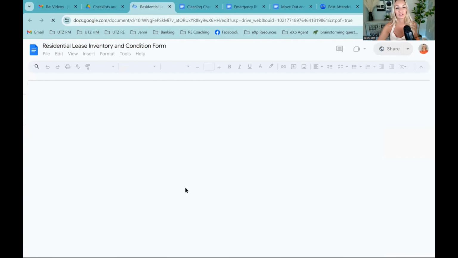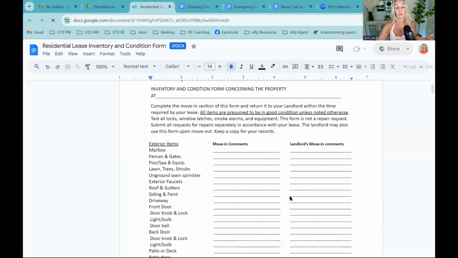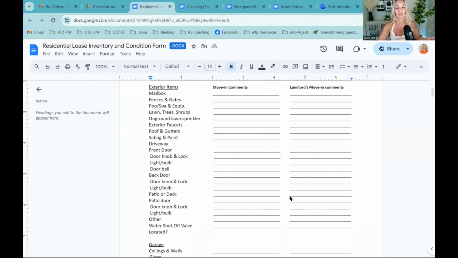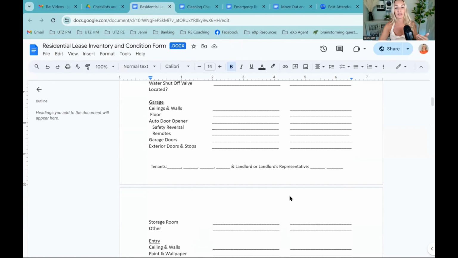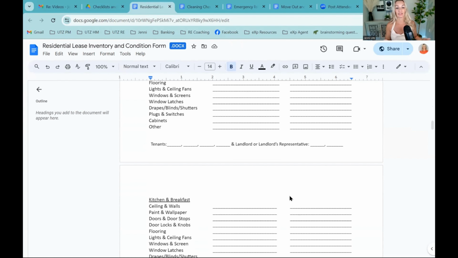We've got this residential lease inventory, although I will say we don't use it that often now that we do a move-in inspection with the tenants. The tenants have that opportunity to do the inspection. They can take the photos. We have all of that through our software. But this is a good thing to just kind of see what is in the property, the entry, living room, dining room, all of the things, and they can list off what the condition is if anything needs to be done. Per our lease, they've got 14 days from the date that they move in and take possession of the